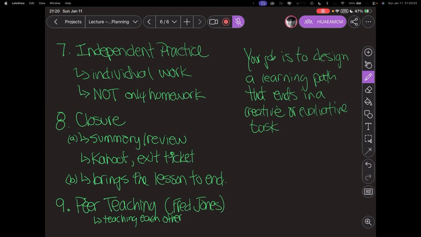Okay? And so that's another way that we see if kids get it, is if they can create the thing we were modeling.